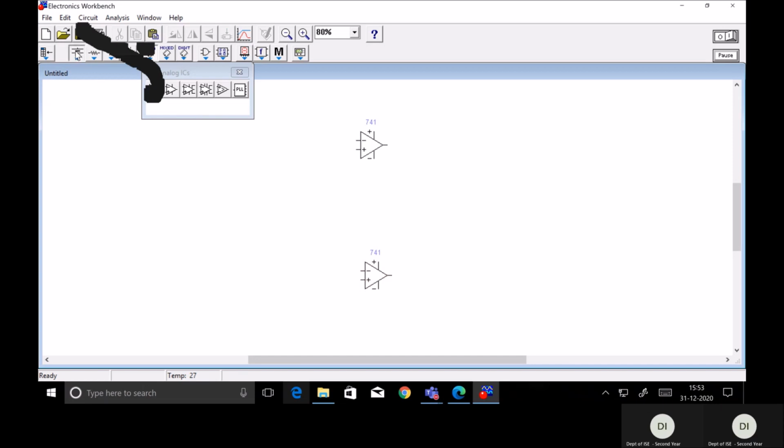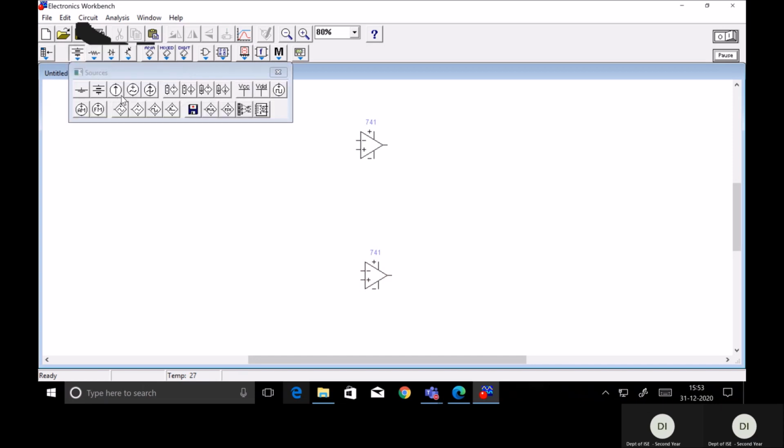Next, we need a signal generator. Go to sources and click on the fourth component. This is the signal generator, which generates a sine wave. Now, the non-inverting terminal of the first op amp and the inverting terminal of the second op amp should be